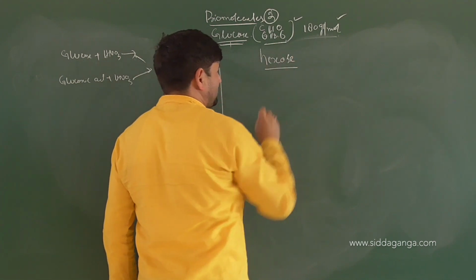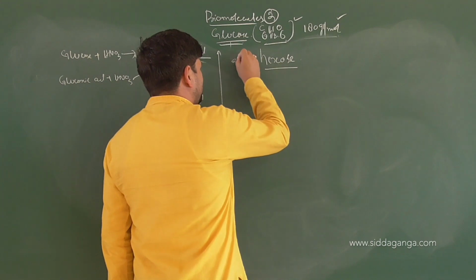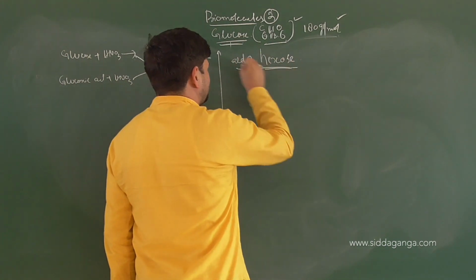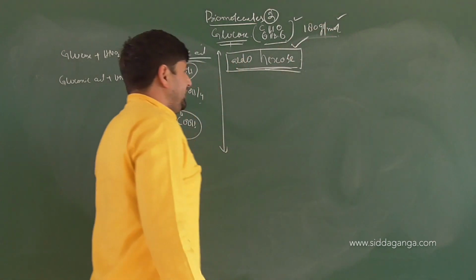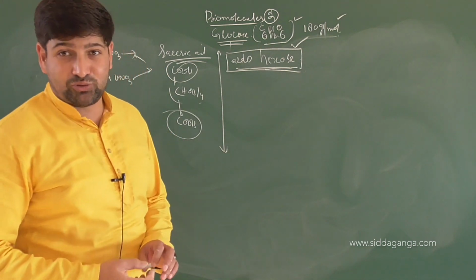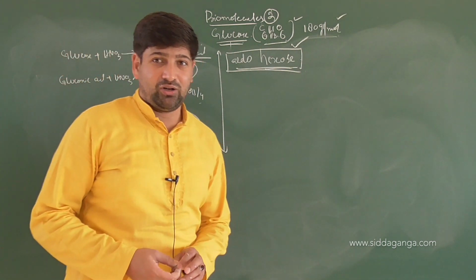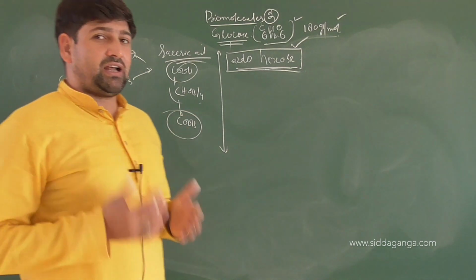Glucose is a hexose because it contains how many carbons? 6. But what's the primary functional group? So it becomes an aldohexose, because the primary functional group in glucose is aldose. So glucose is an aldohexose. What's glucose? Aldohexose. On the basis of these experiments, we were able to find out there are OH groups